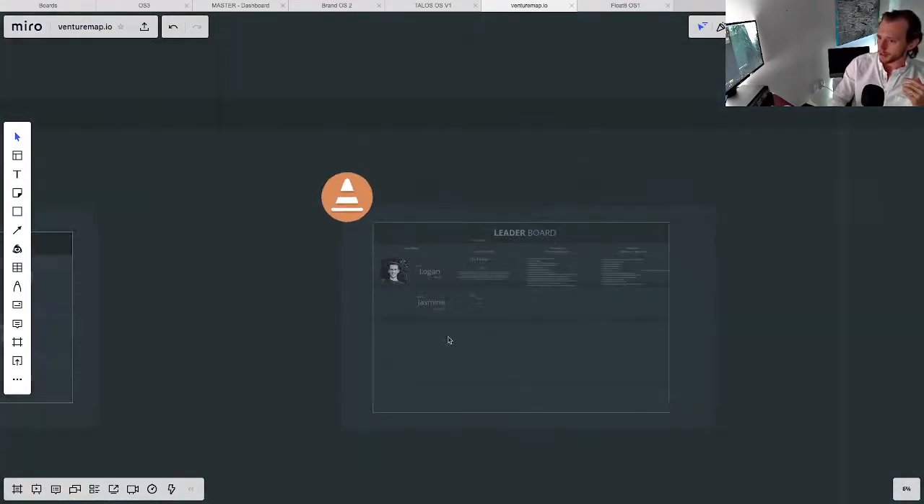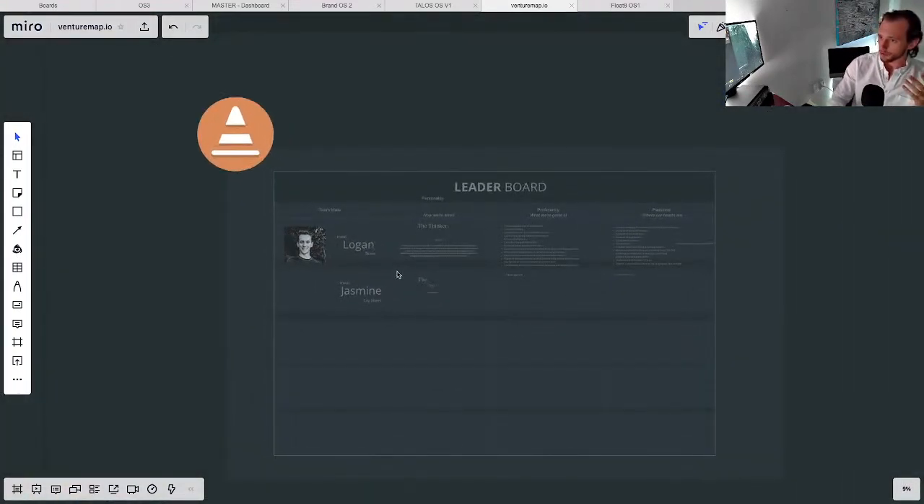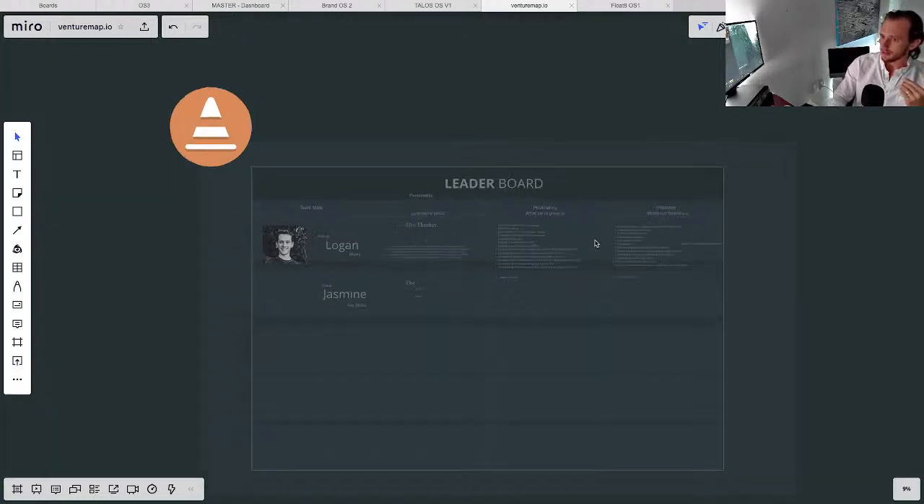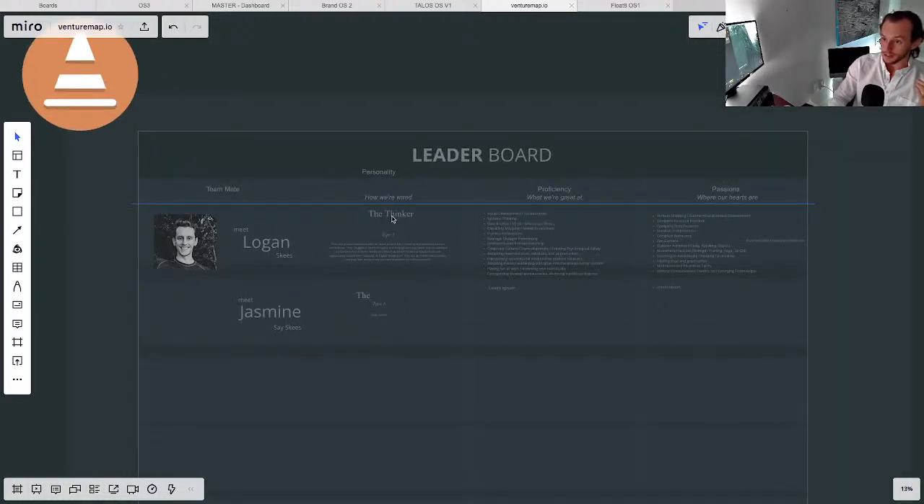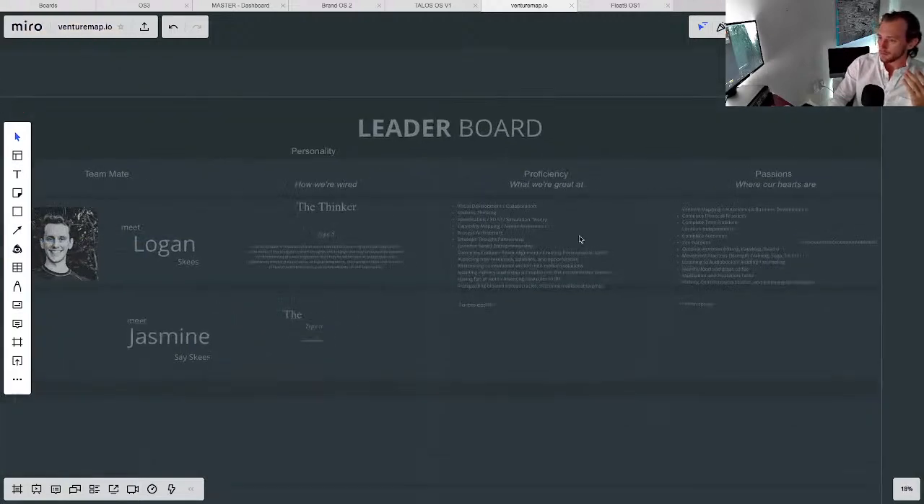We find it's typically helpful to have a leaderboard. So who's who in the zoo. We like to say, individual. A picture there is helpful if you're doing a personality profile of the individuals, which is highly recommended. It's a great place to start. Then we like to have some self-prescribed